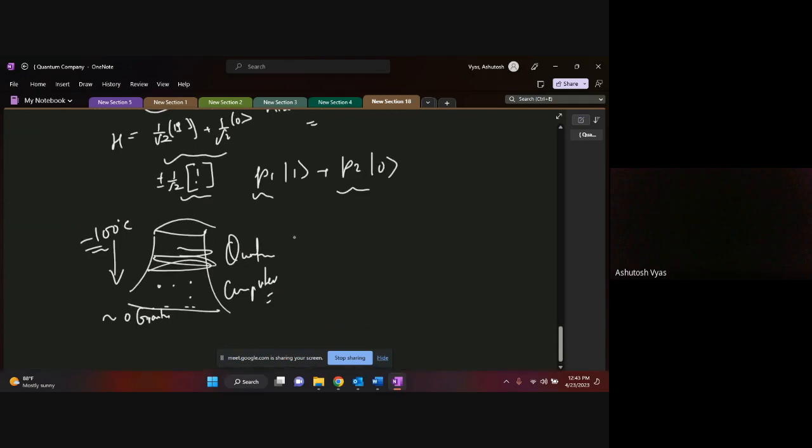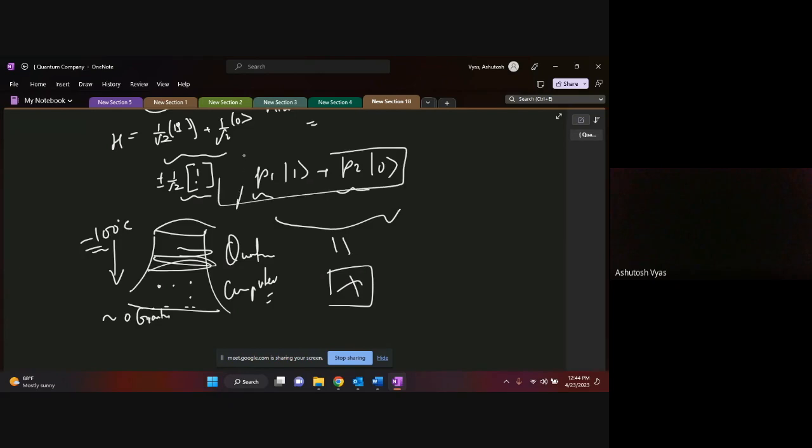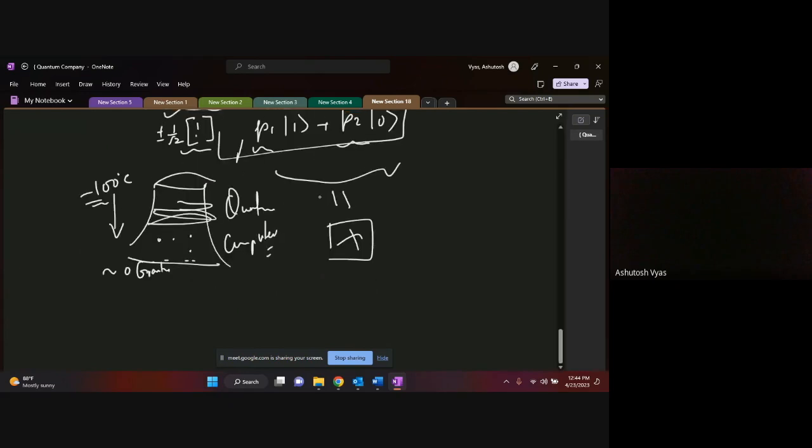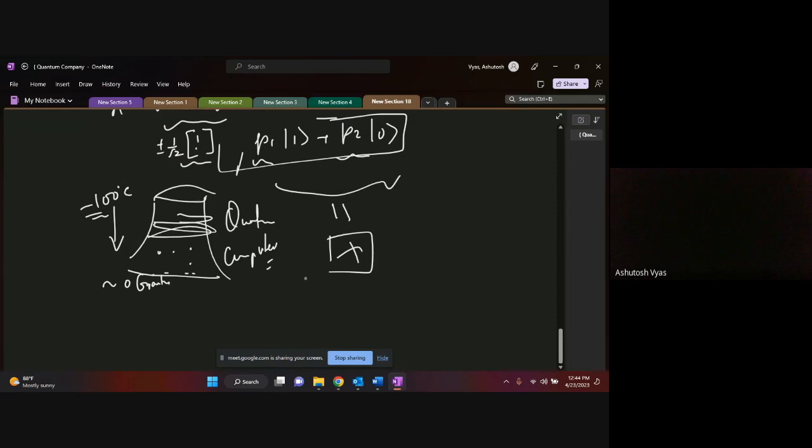If you have read about Schrodinger's cat, the experiment, until and unless the box is opened, you don't know whether the cat is dead or alive, right? So that's the point. When you put a measurement on top of this particular qubit, which was represented by this expression, it will collapse. Either it will collapse in zero, or it will collapse in one. Either the zeroth state, or the other of these two states.